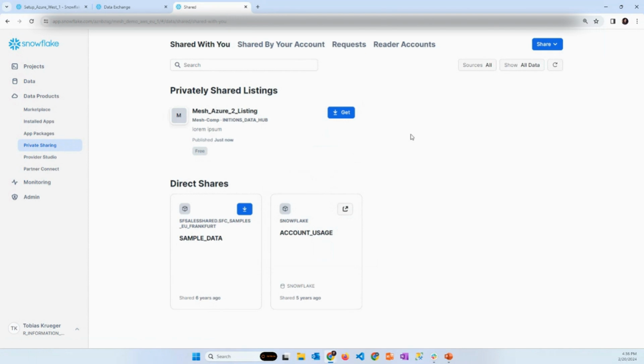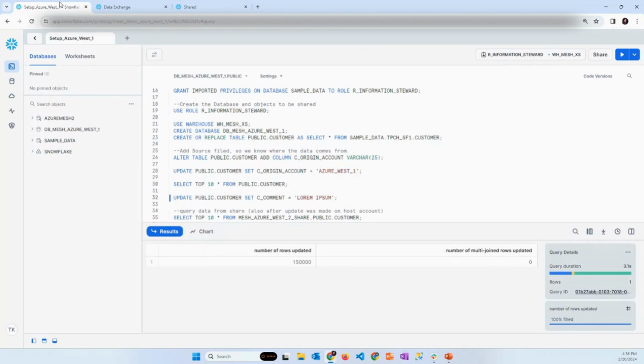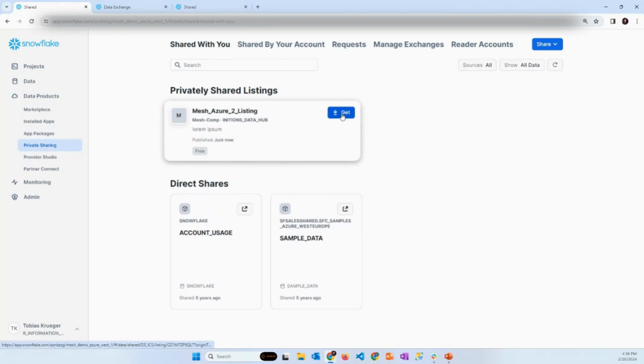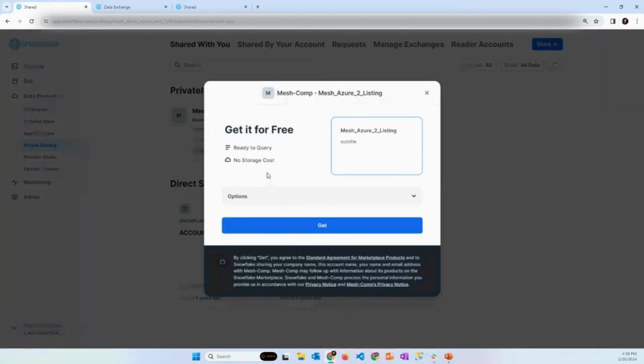Like I said, there's some process running in the background now, which is setting up the data replication and getting the data over to the accounts that I provided earlier. And what we can do is go to our Azure West 1 account, and here we're in the same region. So this is basically a direct share, with no background process involved.